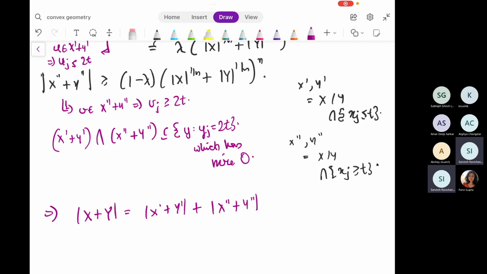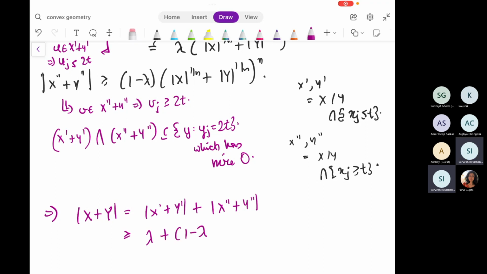The cross term, the intersection, is gone. The intersection has measure 0. So you see, the fact that the intersection has measure 0 means that I can write down this particular equality. And then because of the mini Brunn Minkowskis that I've applied, one was applied with a lambda and the other